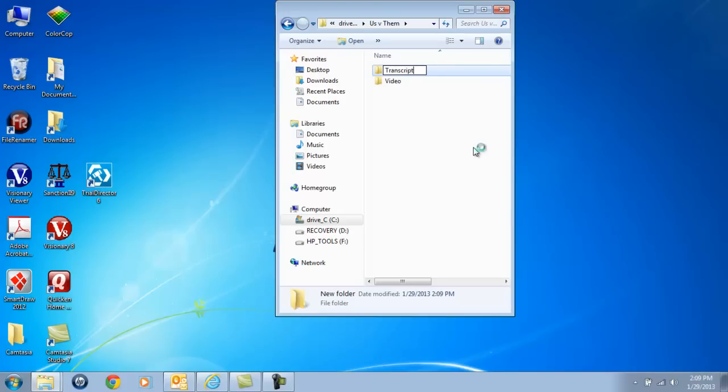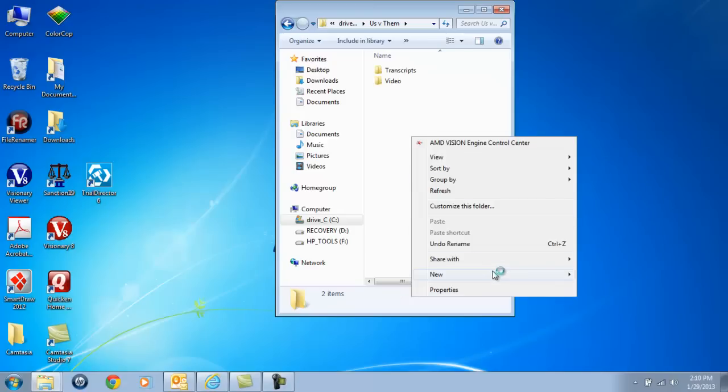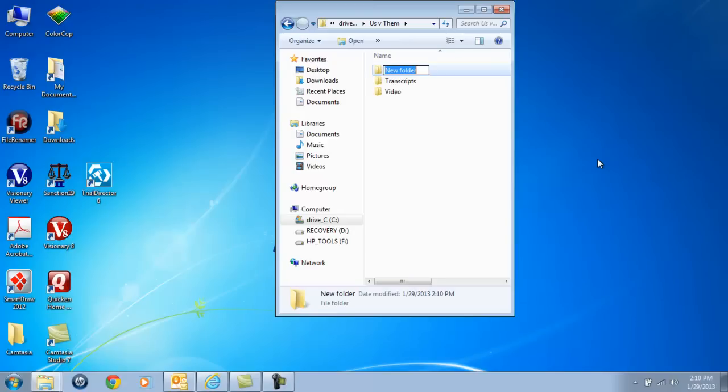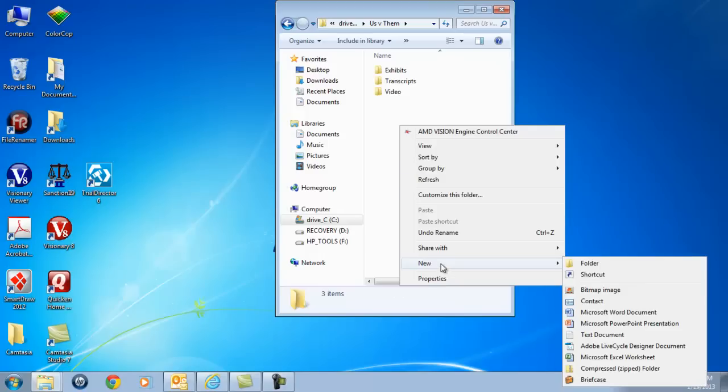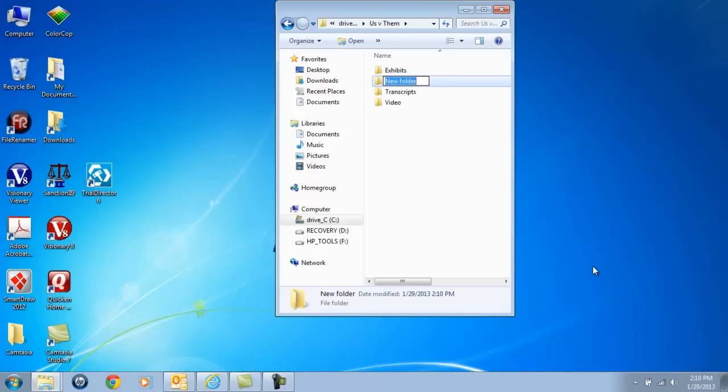Here's where you'll put your transcripts, either synced transcripts or non-synced transcripts, for example, trial transcripts. Another folder that you're going to want are exhibits. And here you'll put all of the exhibits, and then again you can separate them any way you want. I also like to include a miscellaneous folder just for things like exports or PowerPoints or other things that might